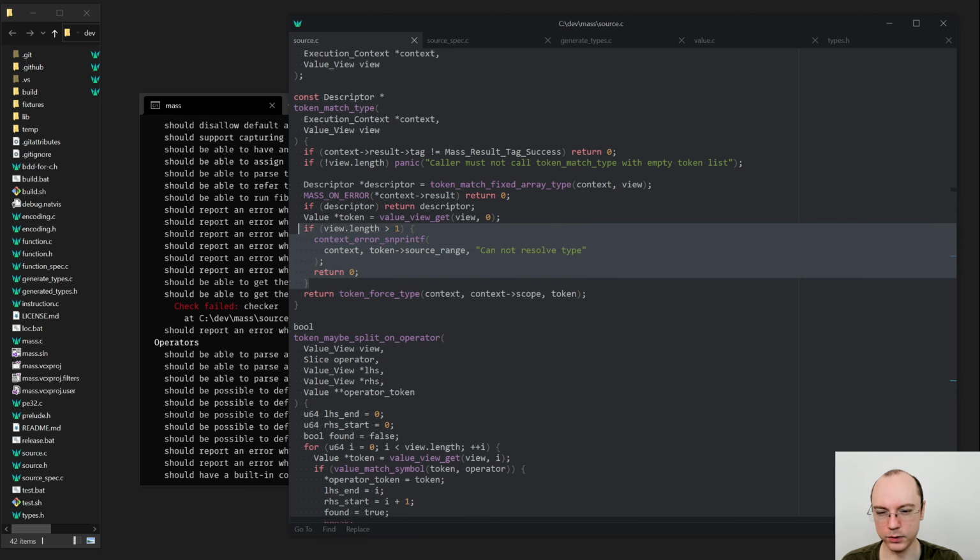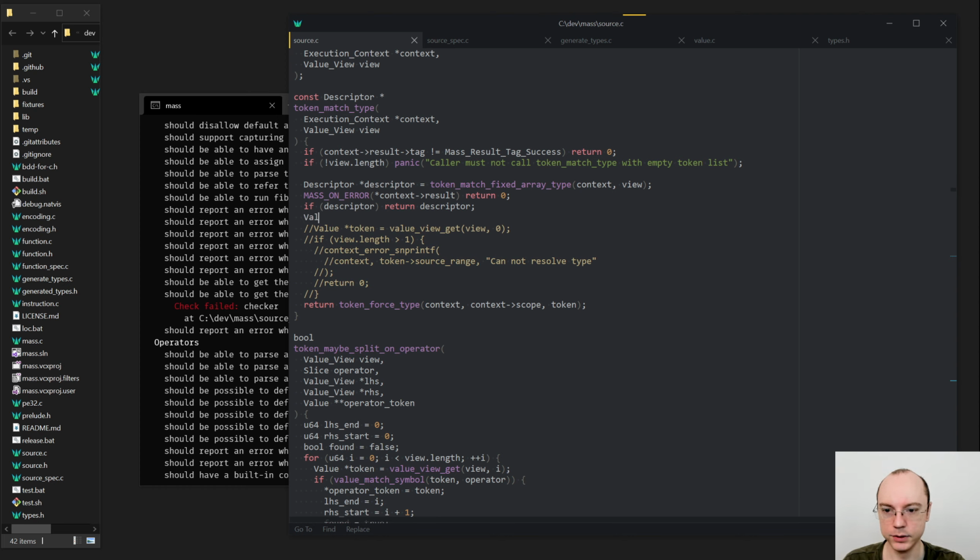So this is wrong now, more or less. So this is kind of a scary change. But what we need to do is we need to say value type, or actually type, yeah, and type here